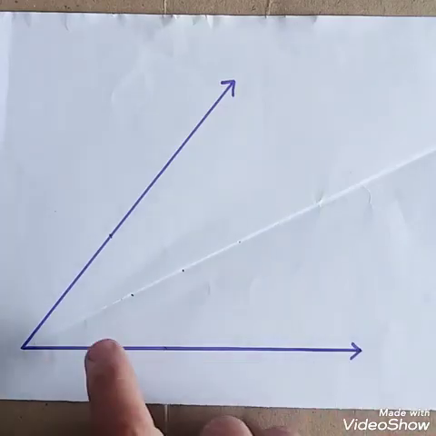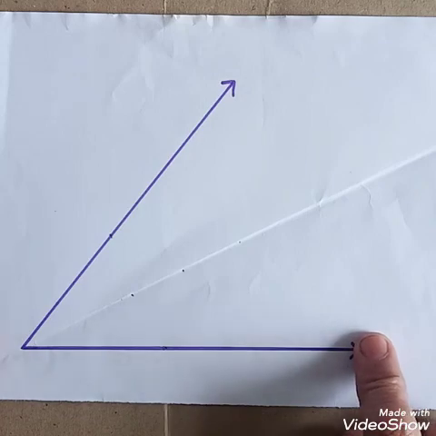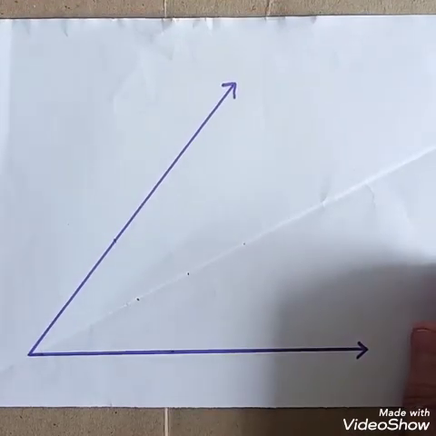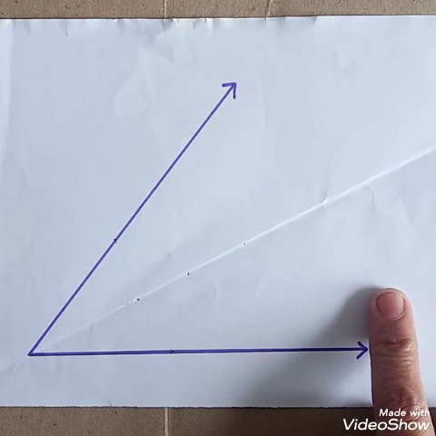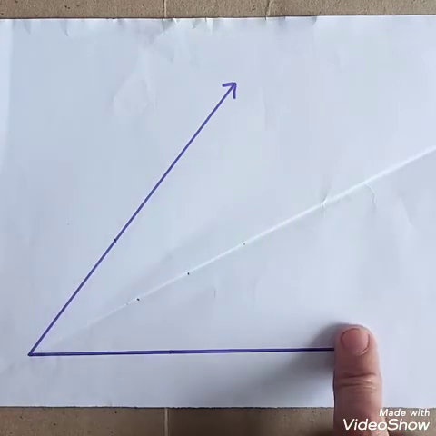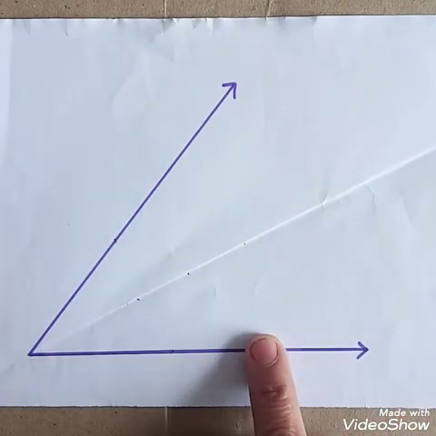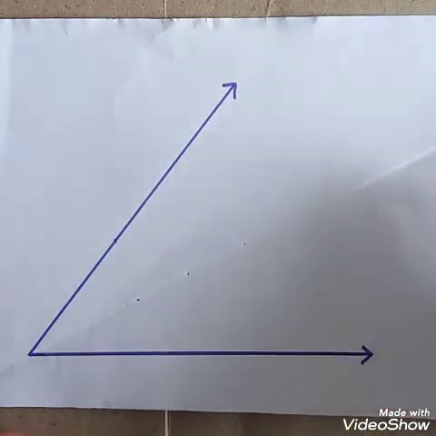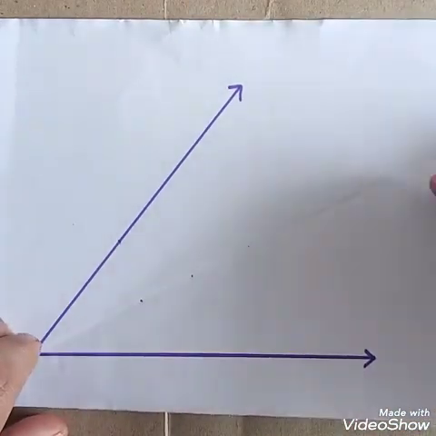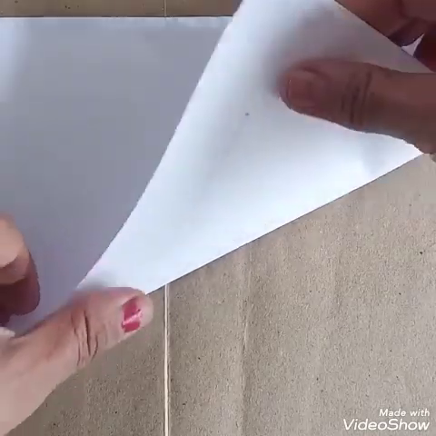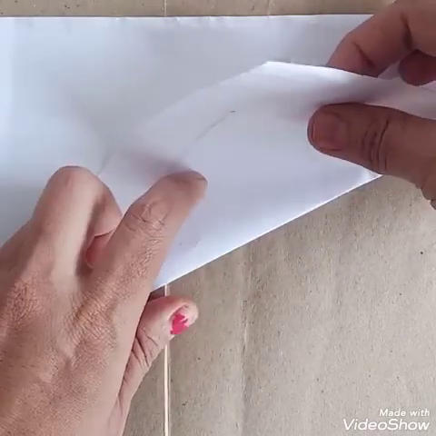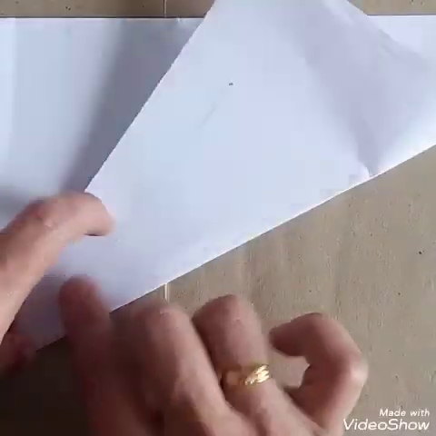Let's learn what an angle bisector is with an activity. Now take a sheet of tracing paper, but I have taken a simple paper. Draw an angle of any measure on it and now fold the paper. This is the paper. Now fold the paper so that the arms of the angle fall on each other. Look, like this. For example, this is the first arm of the angle and this is the second arm. So I am going to fold this paper so that the two arms of the angle fall on each other.